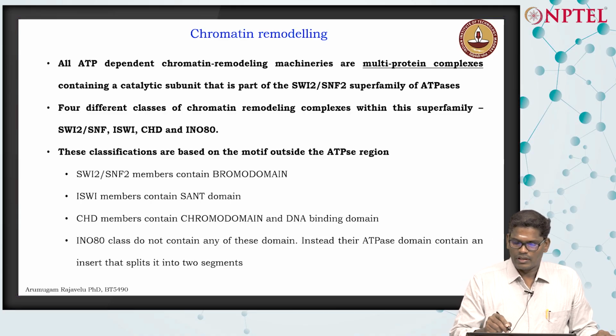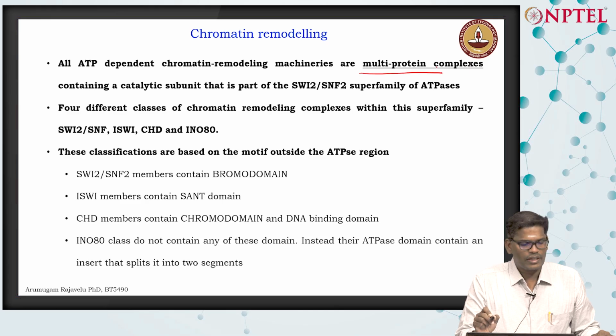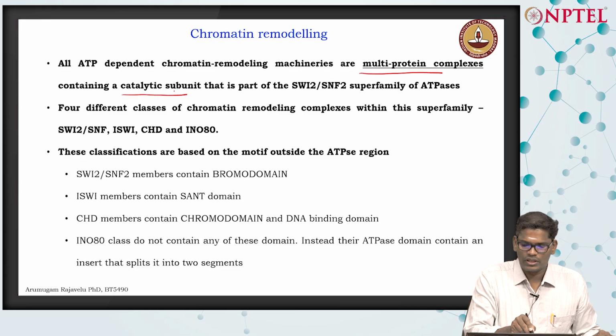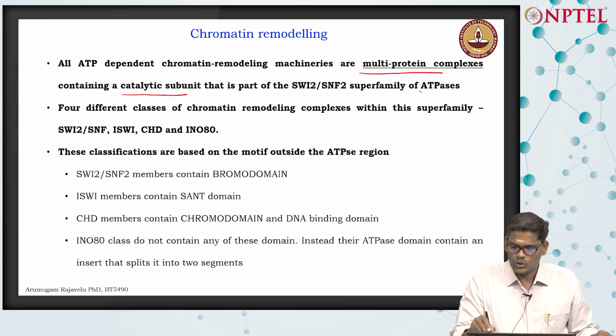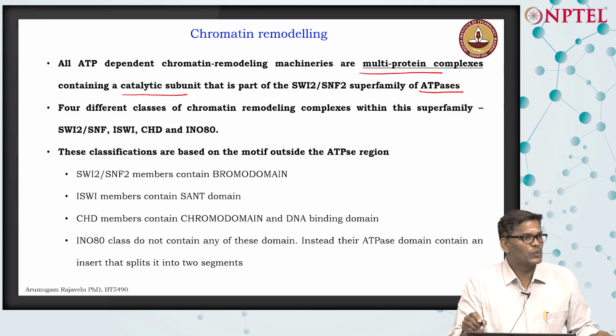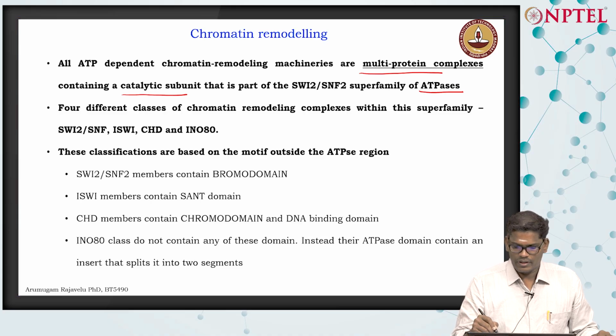Right. So, as I said, all the chromatin remodeling complexes are multi-protein complexes, not a single protein. In them there is a catalytic subunit, which is mostly an ATPase domain, which uses ATP as an energy source to conduct either ejection, sliding, or restructuring of the histone proteins on the nucleosome structures. All have the common ATPase domain, right? But there are some differences in the protein that carries out the remodeling, which is a specific domain present. See, for example,